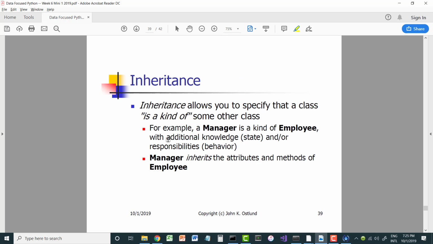All right. So now we're going to take a look at another important feature of object-oriented programming, which is the whole idea of inheritance. Inheritance allows you to specify that one class is a kind of some other class. And this is a kind of relationship between different types that essentially is the key part of object-oriented programming. The ability to create classes independently of each other,